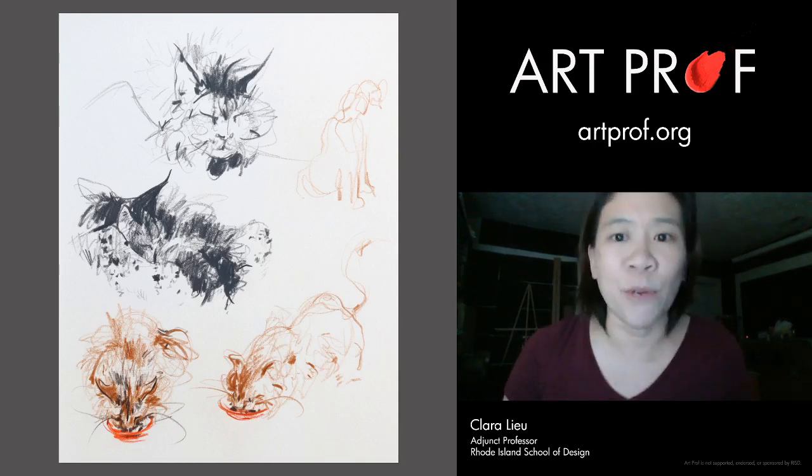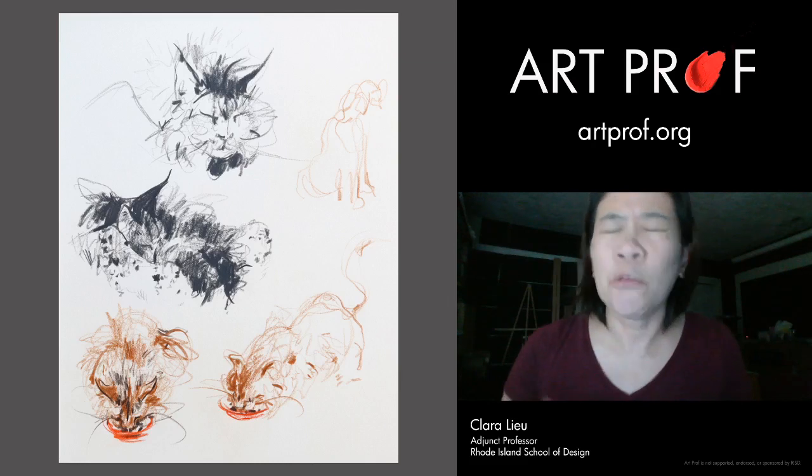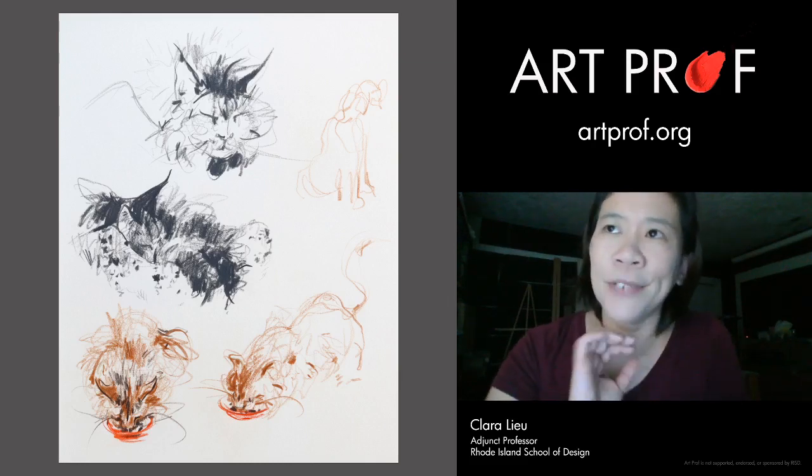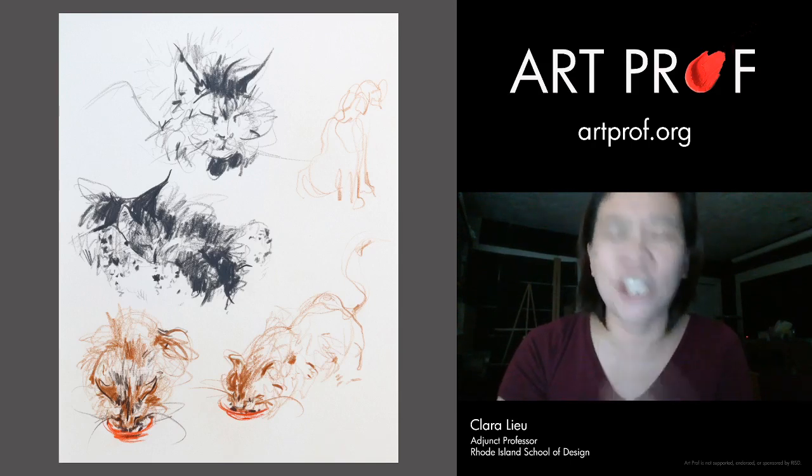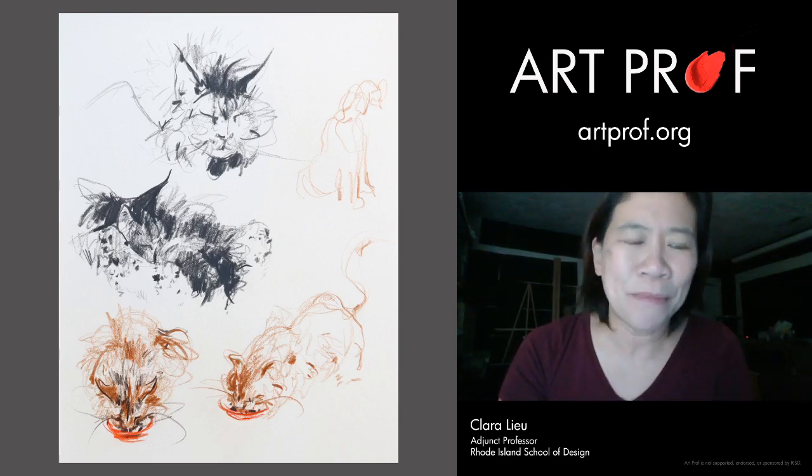And I think that matters more. I think a physical description only gets you so far. You have to really tackle that energy. And actually, this figure drawing, gesture drawing that you guys are looking at right now, this was so funny because